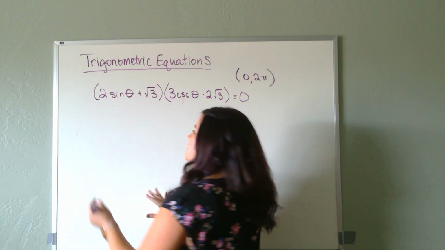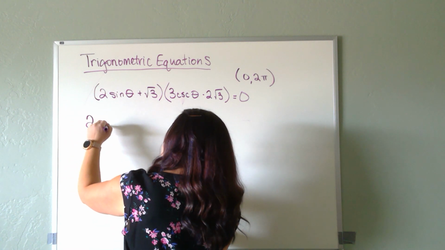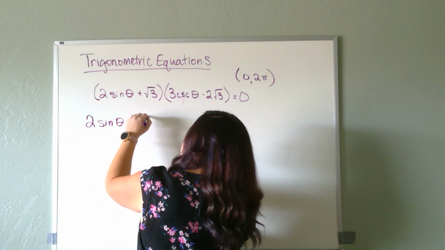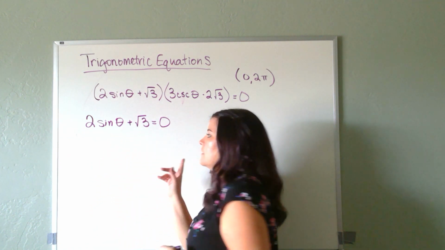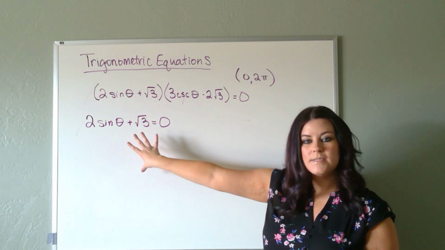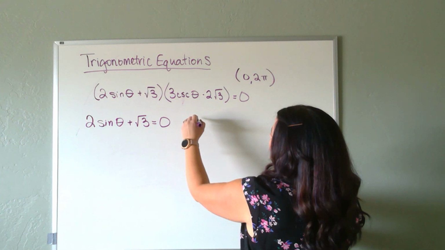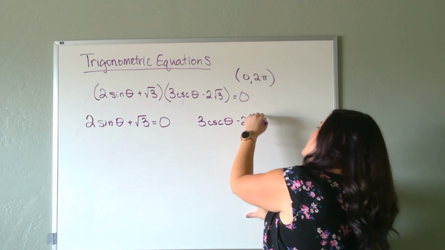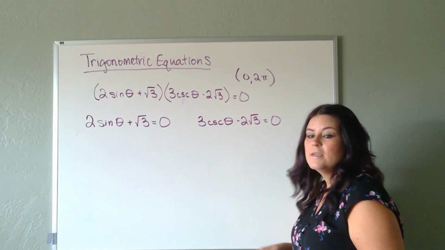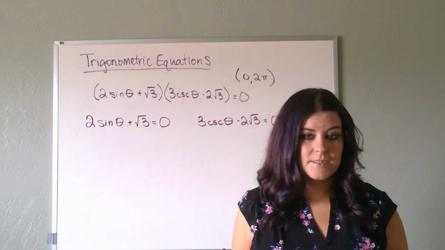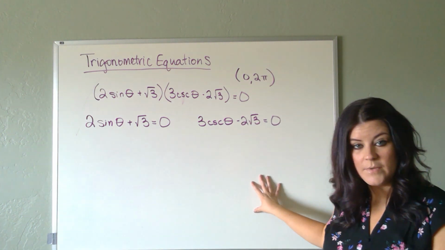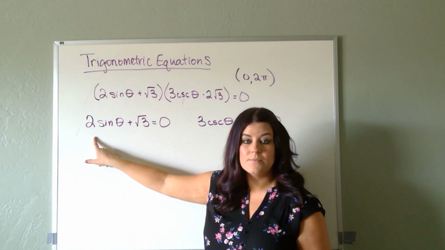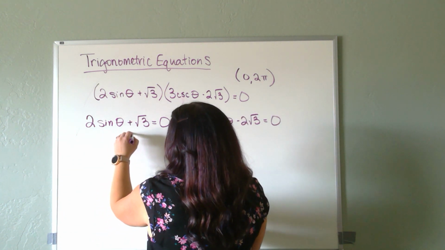So let's start with this first factor. I'm going to take it out by itself, and I have 2 sine theta plus root 3 equals 0. So I take this one, set it equal to 0 on its own, and then let's take the other factor, 3 cosecant theta minus 2 root 3 equals 0. So basically I've separated this into 2 equations, and I'm going to get answers from both equations. All right, so let's start over here. This one looks a lot like that first one we did. Let's subtract root 3 from both sides,